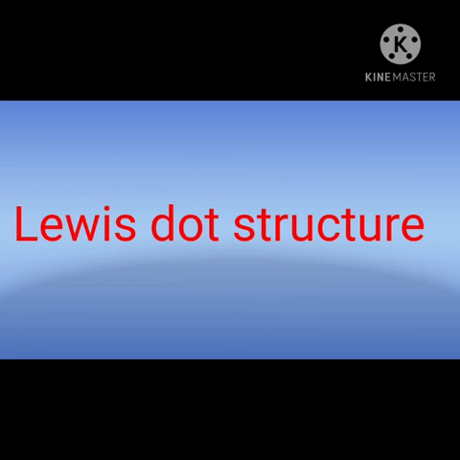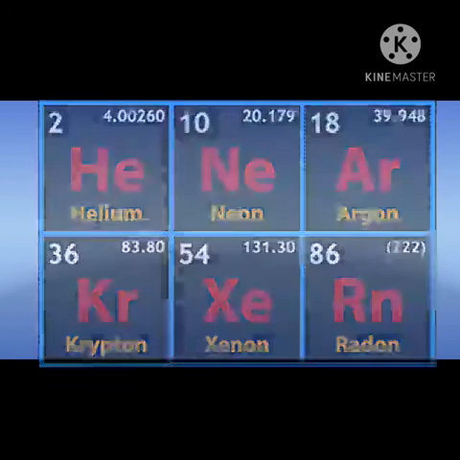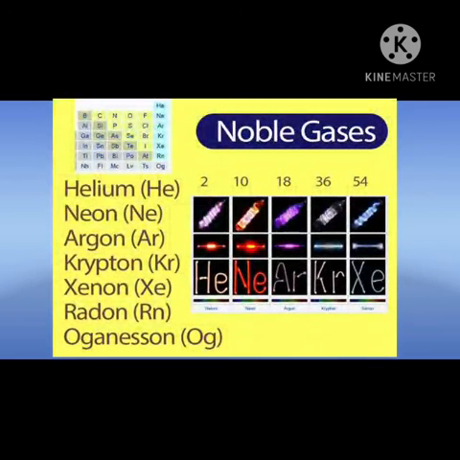In this video, we will learn about Lewis dot structures. What is Lewis dot structure? We will discuss now. You know noble gases, right? Noble gases, which belong to zero group or 8A group, are typical gases with almost negligible chemical activity when compared to other elements, right? They do not participate in any chemical changes. They are more stable and they do not form molecules by allowing their atoms to combine among themselves or with the atoms of other elements.